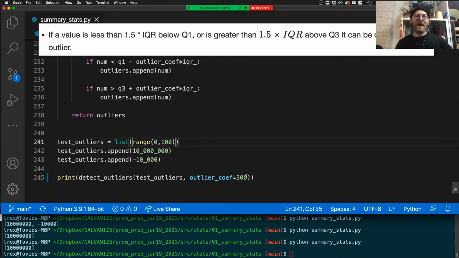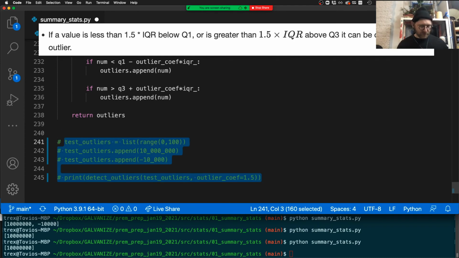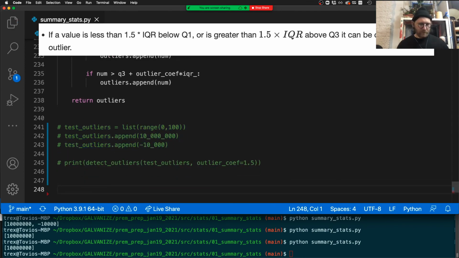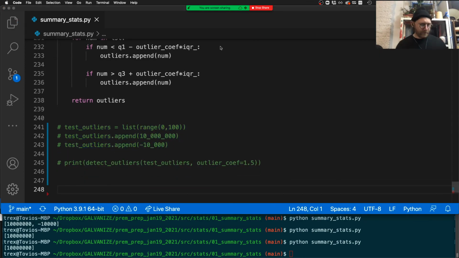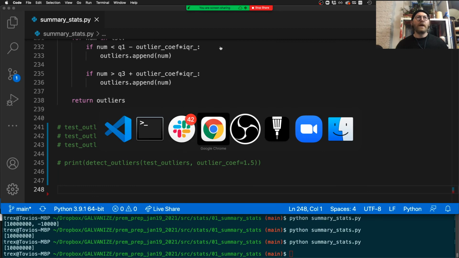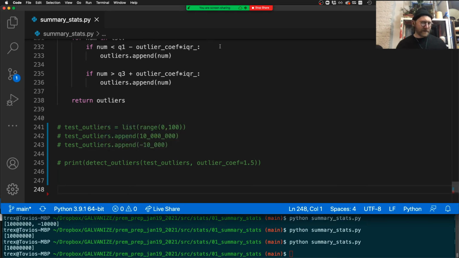But I just want to drive the point home that we're the ones who decide, right? We're the ones who decide what an outlier is, and we do that based on the data. So let me do that. And we'll go ahead and skip